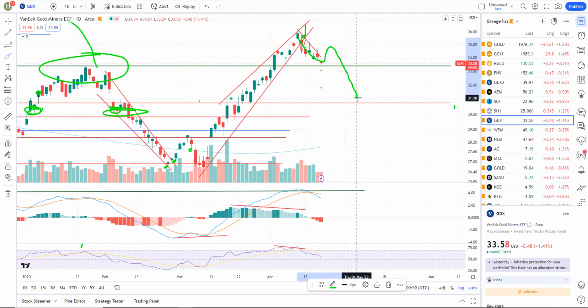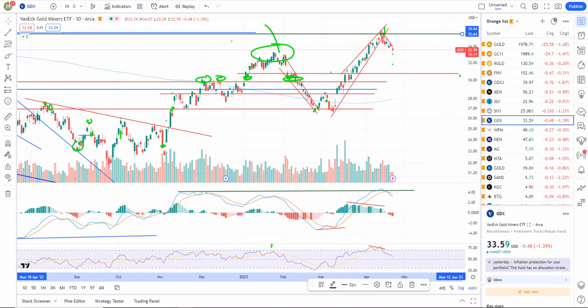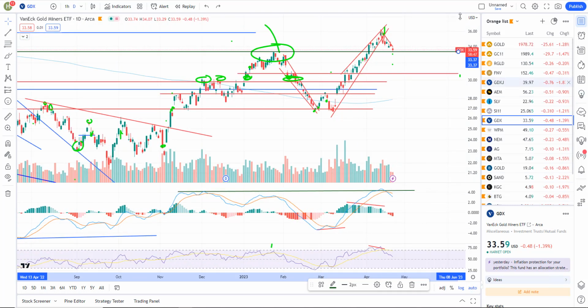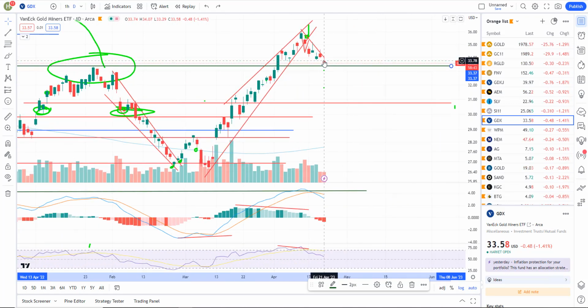And I'm kind of mixed on this one. I don't have a strong indication on whether this is going to go a whole lot lower. If you're a bull here, then this is basically support right here. That was former resistance, and now it's support. So it makes sense to buy here, or at least to go long for that bounce.